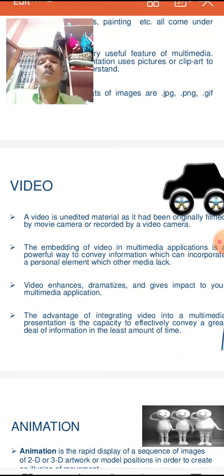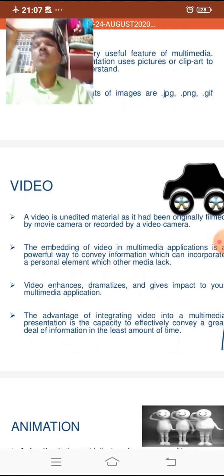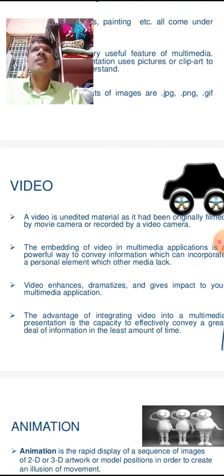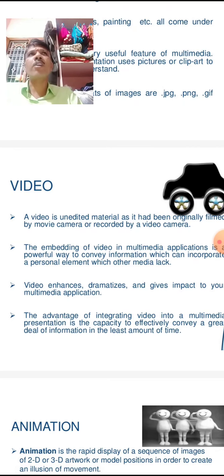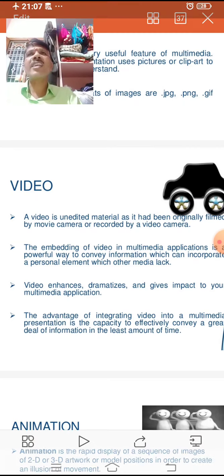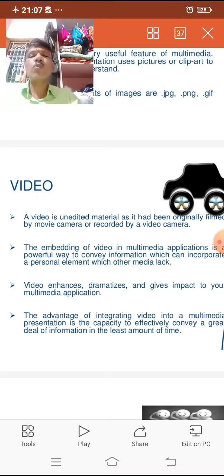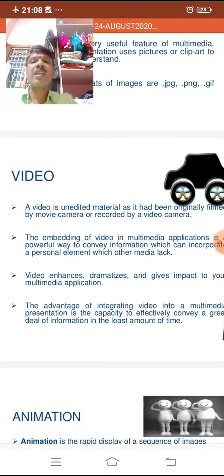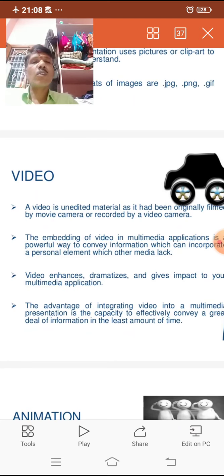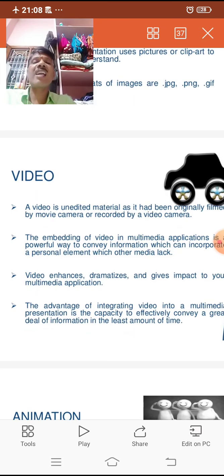Moreover, one more important point is virtual reality. Generally the video cannot be edited or modified once it is recorded. It is the live video. There is no tampering or other mechanism possible. So that's why it is a virtual reality mechanism by including video.